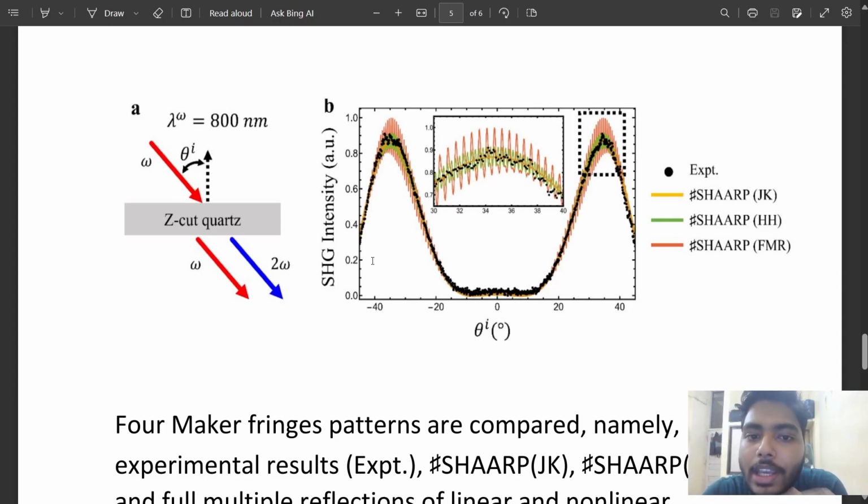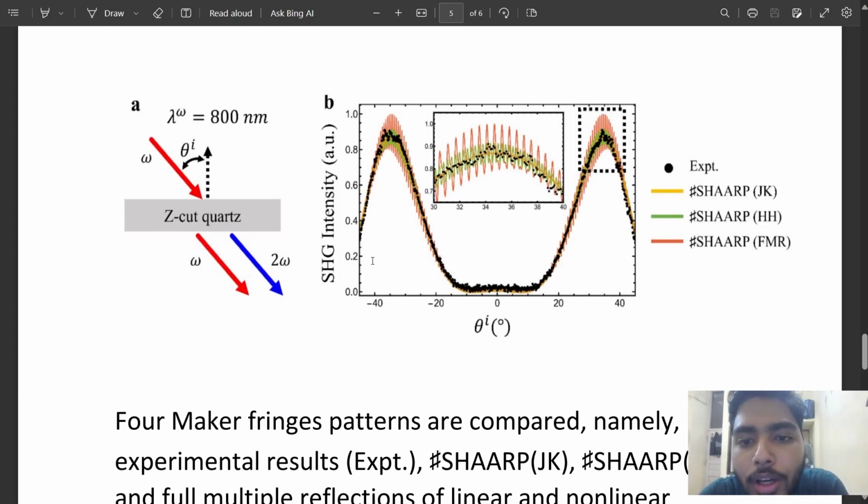showing SHG in multi-layer, and linear and non-linear waves as well. The SARP.ml, that ML stands for multi-layer. So that's the fact that SARP is capable of handling a wide range of crystals, meaning a wide range of materials. And coming back to the point, due to the weak reflectance of the quartz,